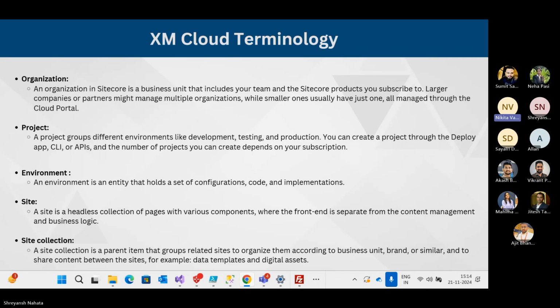If I'm creating a project, I will have different environments. So let's say we have a dev environment, QA environment, production environment. So it groups all our environments, and all of them can be created using deploy app and our CLIs. Then our environment holds all the configuration, implementation, and all our code part that is being deployed via